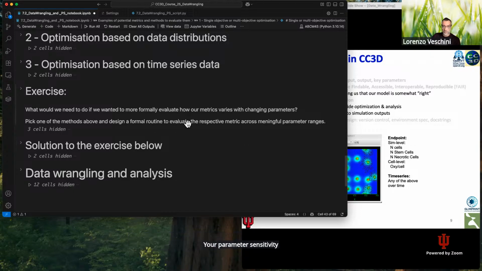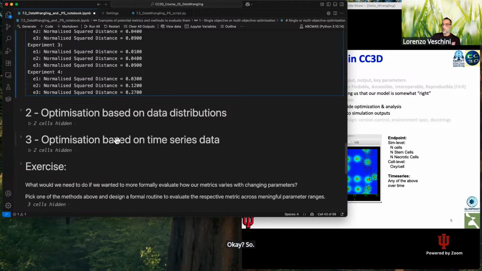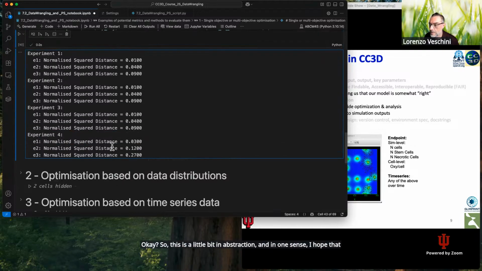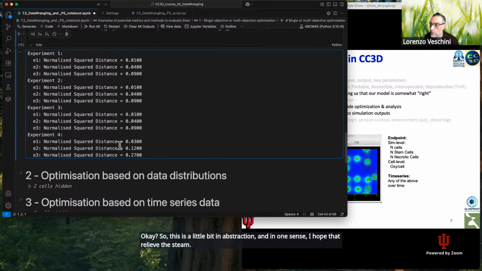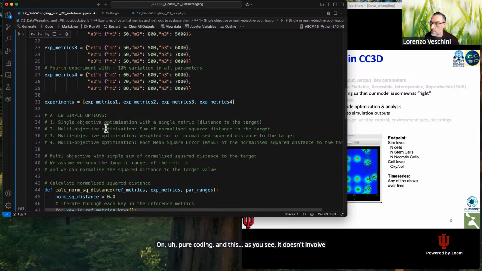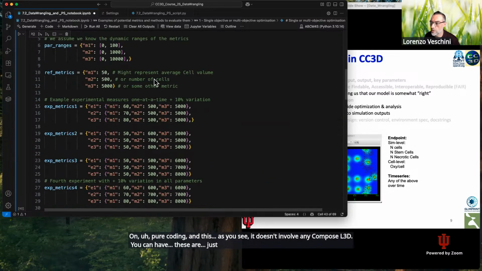So we are sure that our parameters are in the right kind of range when we set them up. Okay, so this is a little bit in abstraction, and in one sense, I hope that relieves the steam on pure coding. And this, as you see, doesn't involve any CompuCell3D. These are just strategies you can use if you had experimental data of this kind